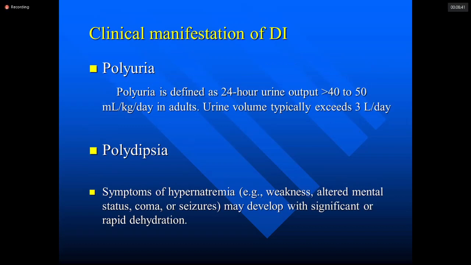Again, the manifestation is mainly polyuria, and polyuria is defined as a 24-hour urine output of more than 40 to 50 ml per kg per day in adults. So the amount is more than 3 liters per day, and the patient is always thirsty. The symptoms from the dehydration are related to hypernatremia, so the patient has weakness, altered mental status, and even coma and seizures may happen when there is significant